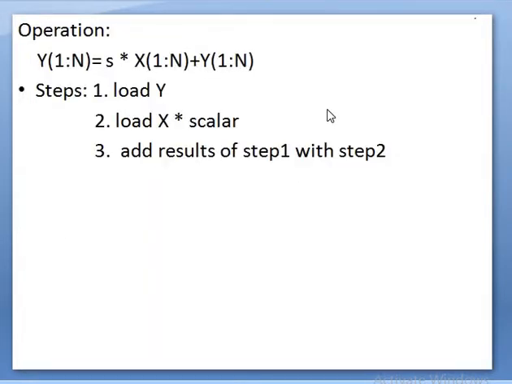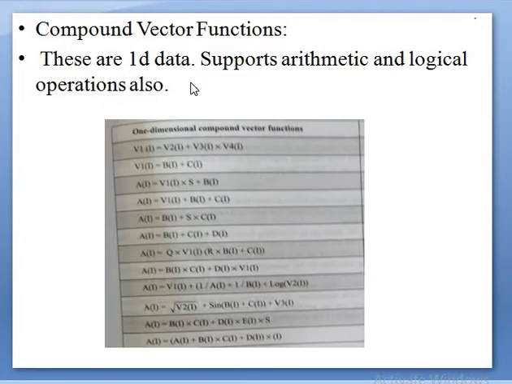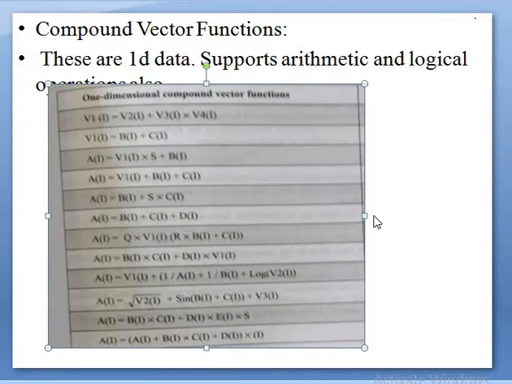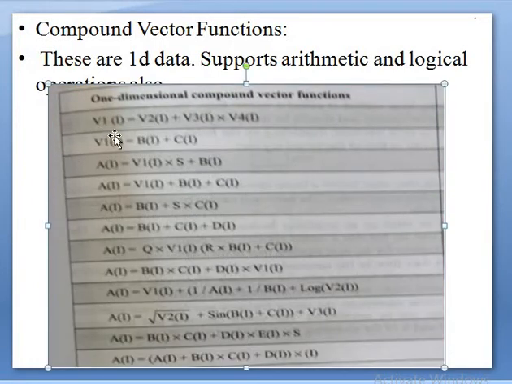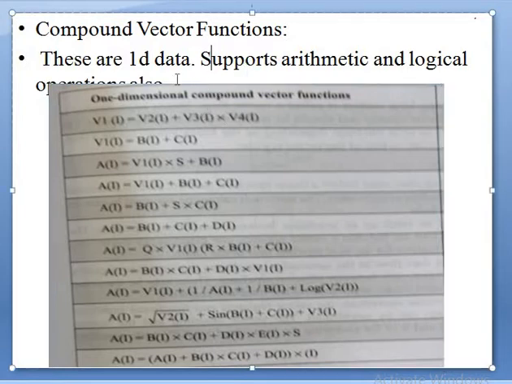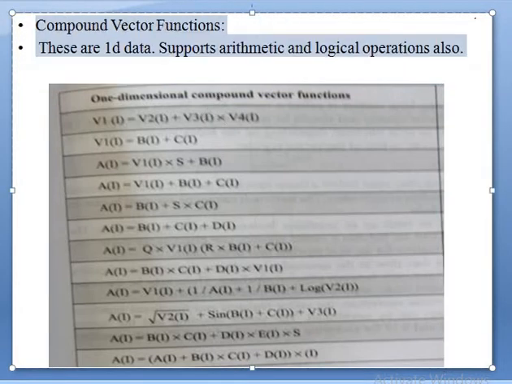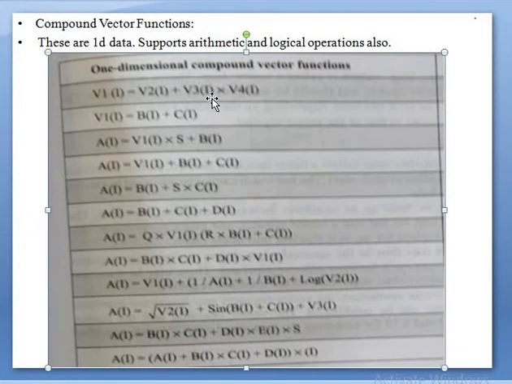Looping of the vector calculations. What all types of operations can we perform whenever we take vectors as operands? Let's see some examples. Vector 1 is the result of vector 2 plus vector 3 into vector 4. Here, the operation vector 3 into vector 4 is first priority because it is a multiplication. The product of two vectors, what is the expected answer? That is also a vector, so it will be vector into vector, the answer is a vector, plus a vector, hence we can expect the final answer also as a vector.